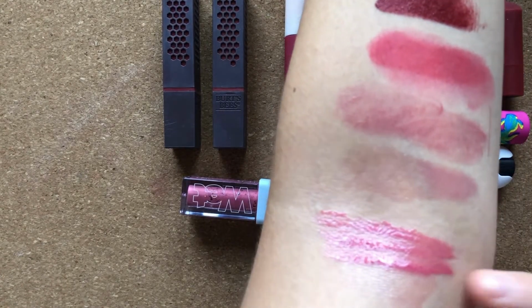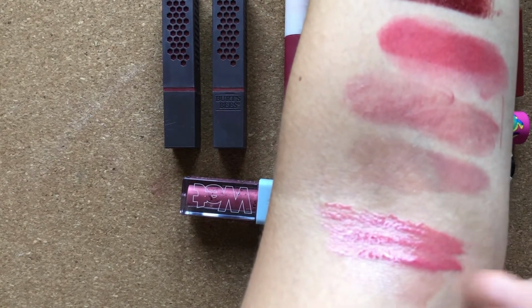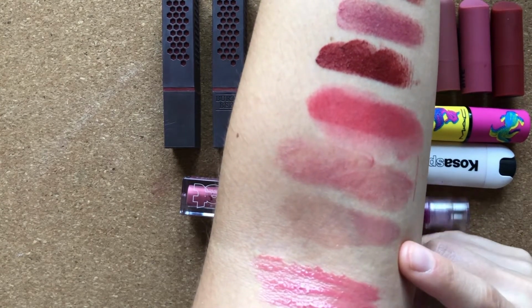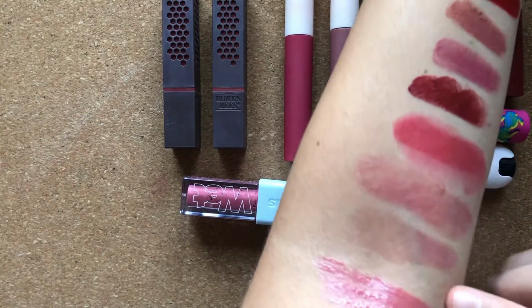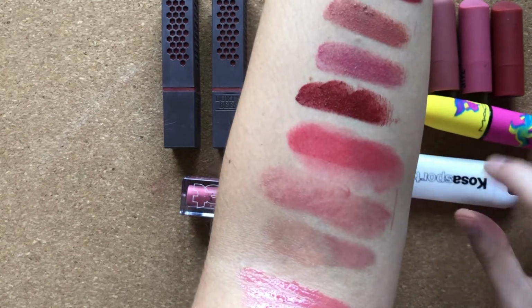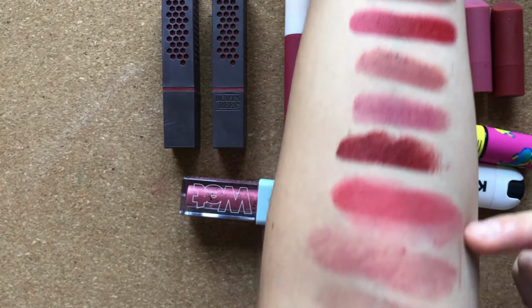So here we have Malibu from Kosas, the wet lip oil. Then we have the Tower 28 in Fearless. It's almost no tint. Then we have again the Kosas in Rush, but the balm. And then those are the lipsticks. So